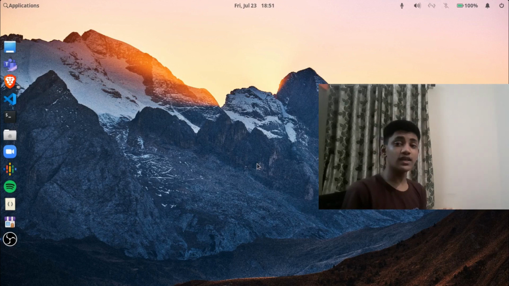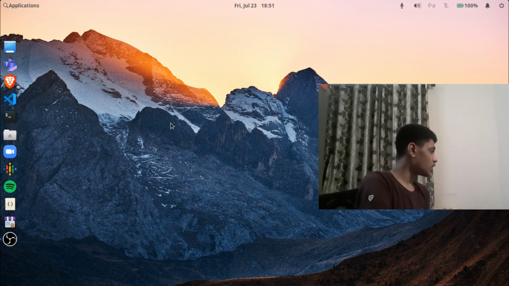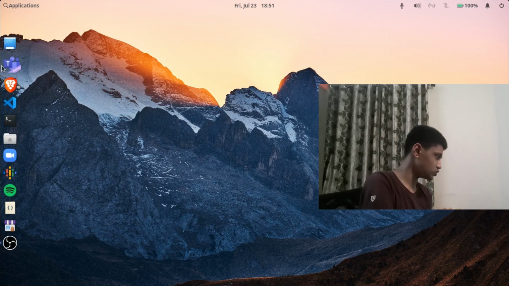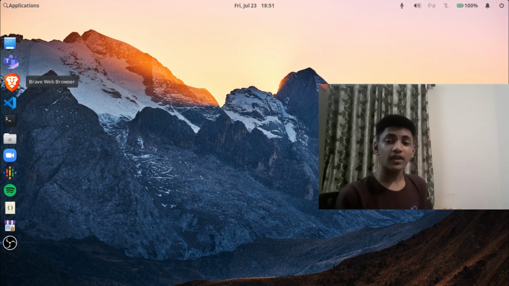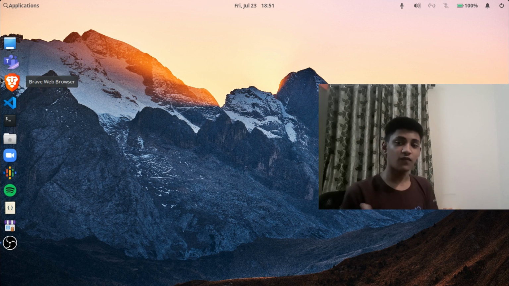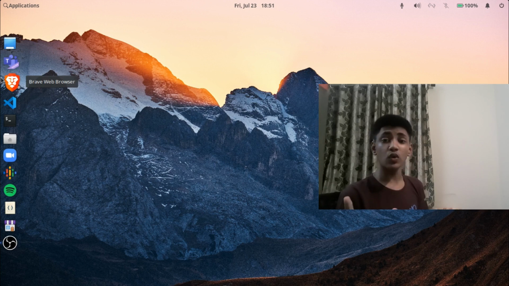Now if you are using Elementary OS now or have used Elementary OS in the past, you must have noticed that this effect where I hover and the icon zoom, this effect is not there on the plank dock, which ships default with Elementary OS. Now I've added this effect by building it from Launchpad, and there is a nice tutorial on how to do that, and I'll link that in the description below if you want this feature.